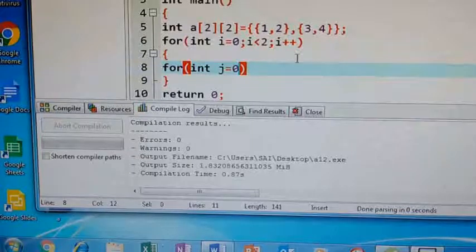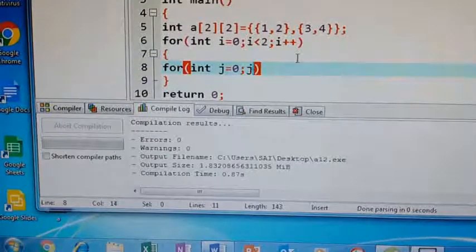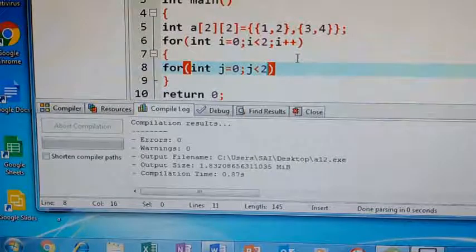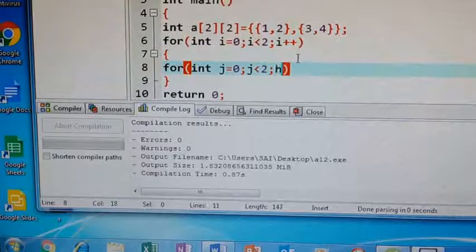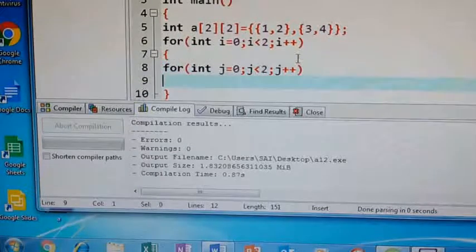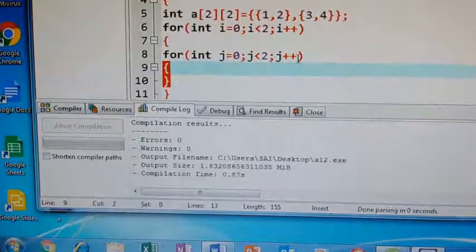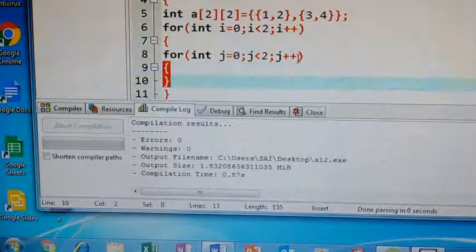Like that, we are using one loop for the row and one loop for the column. Now, j less than 2, because here we have only 2 columns. That is why I am giving j less than 2, and j plus plus. Right. Now, if these 2 conditions are true, then the particular element should be printed.